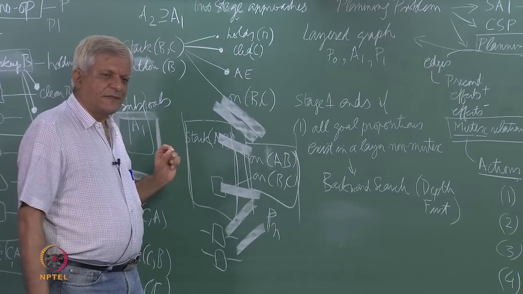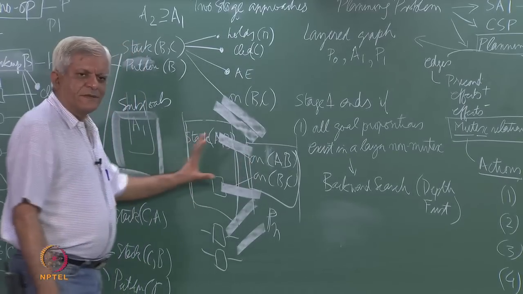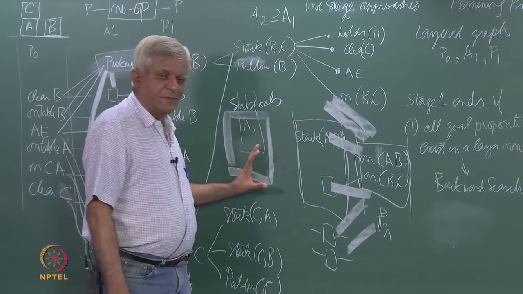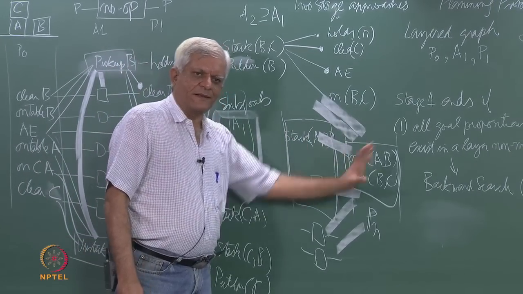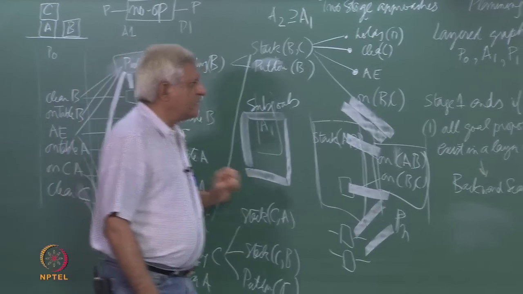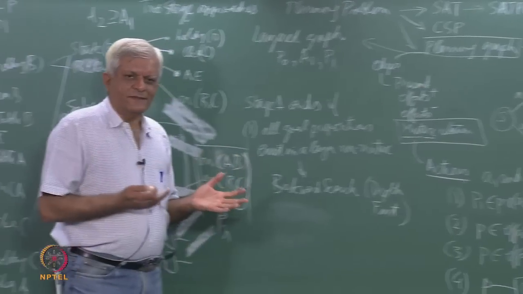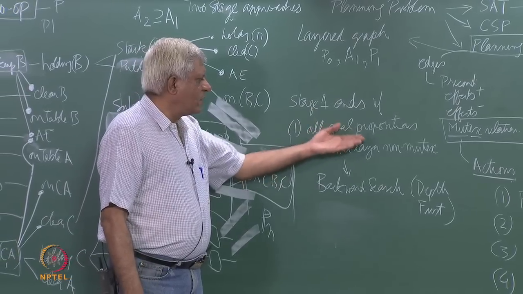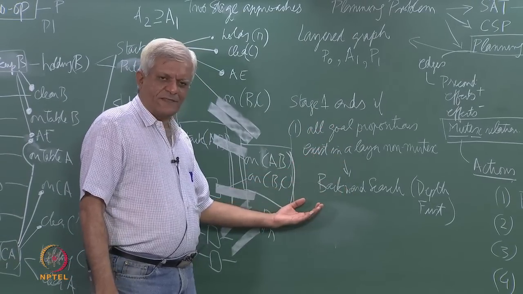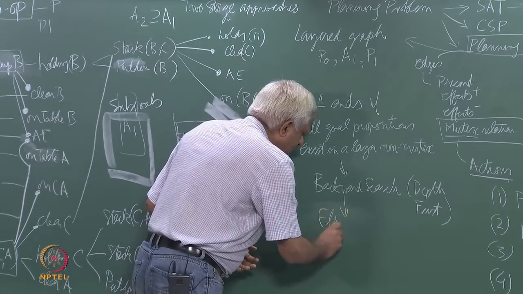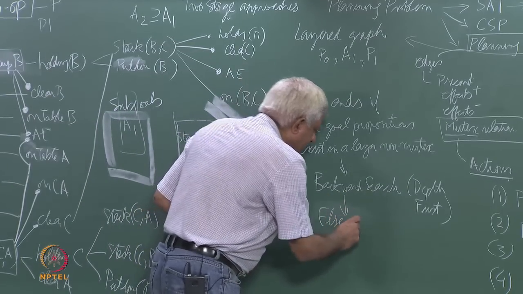But it is possible that some sub goals may be mutex, which is why you need to extend the plan further and further essentially. So, there are 2 cases. One is that a plan exists, in which case stage 1 ends when all goal propositions are found, then the backward phase begins. Else, so I will just write else, meaning you have not found a plan, extend